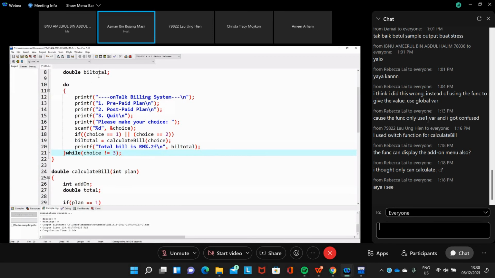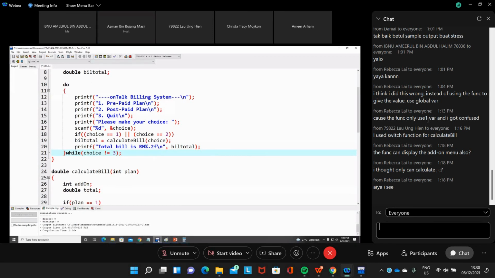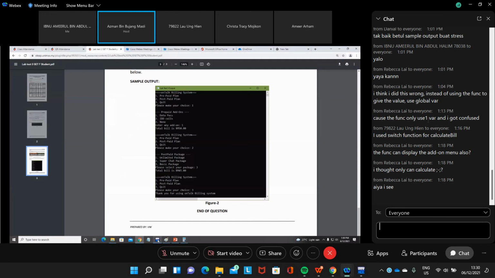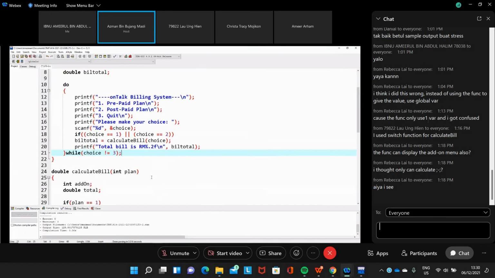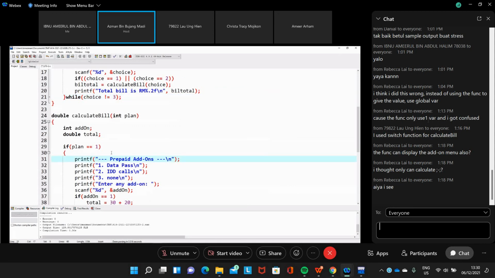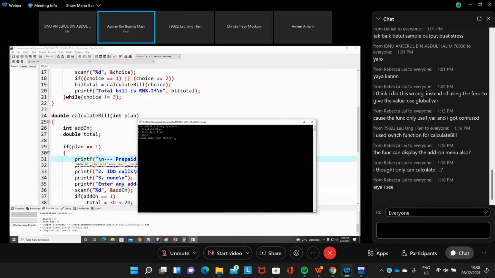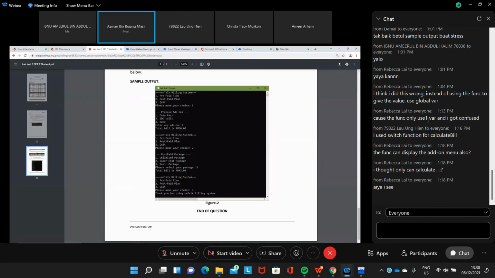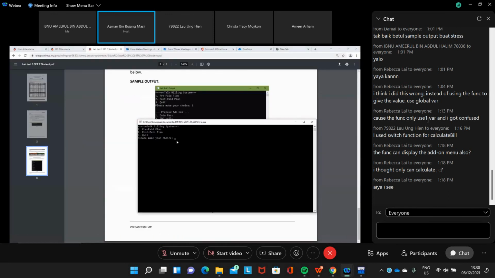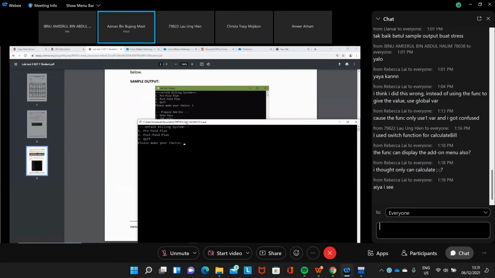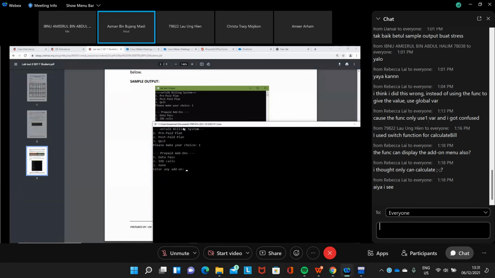And then we see what else. We have enter your choice. Prepaid, enter your choice. This one actually we need to put a new line here, to get a blank line. And then we run the program again, see whether it works or not. If you look at the output here, we get that one, enter the choice number 1, and we have a new empty line.